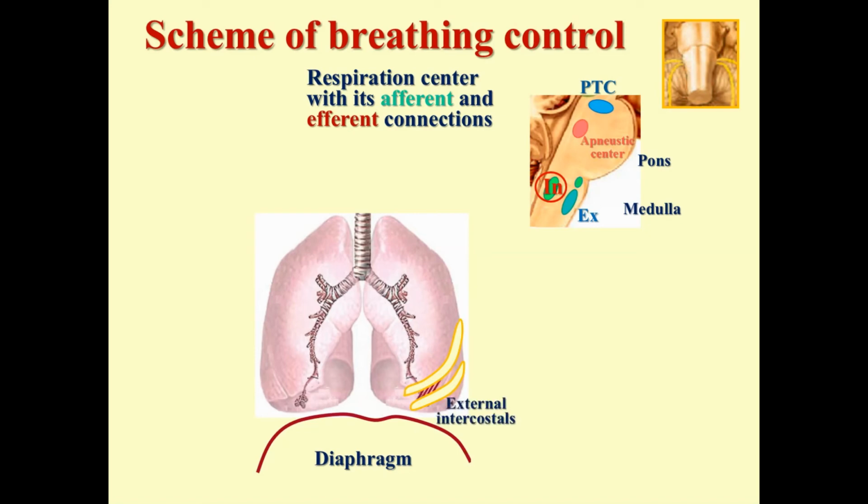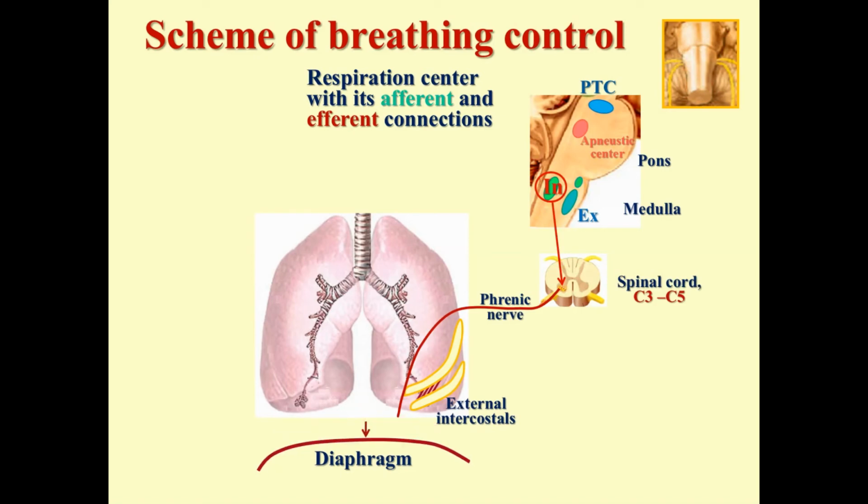with these external intercostal muscles. And now you see inspiratory neurons send impulses down the spinal cord to levels C3 to C5, to motor neurons in the ventral horns that form the phrenic nerve with their axons. As a result of activation of the phrenic nerve, the diaphragm contracts and goes downward, so that stretching of the lungs